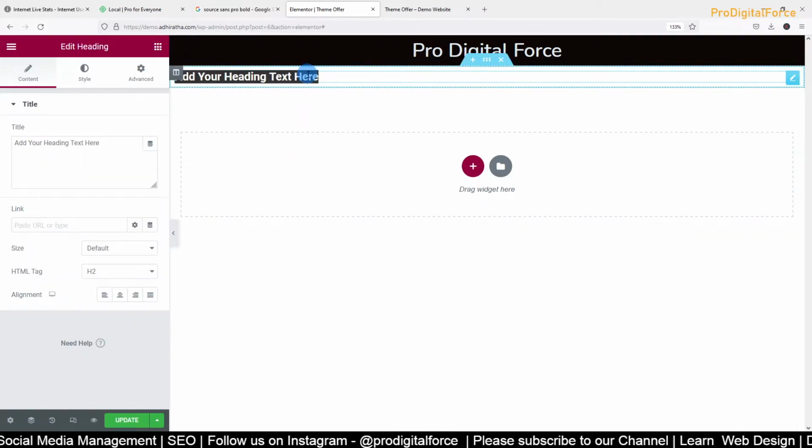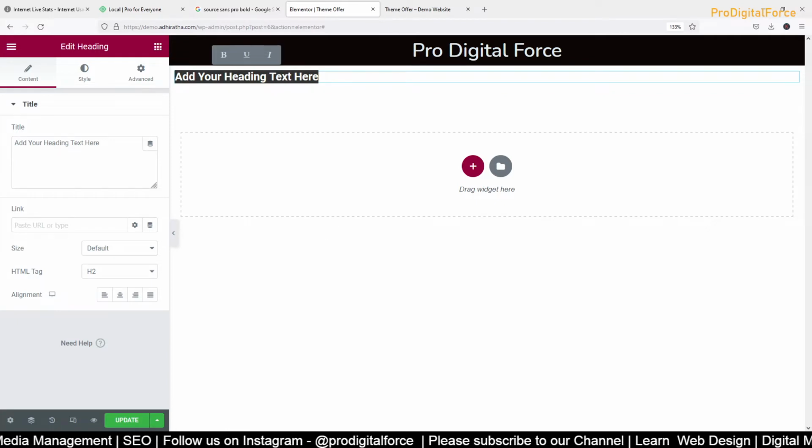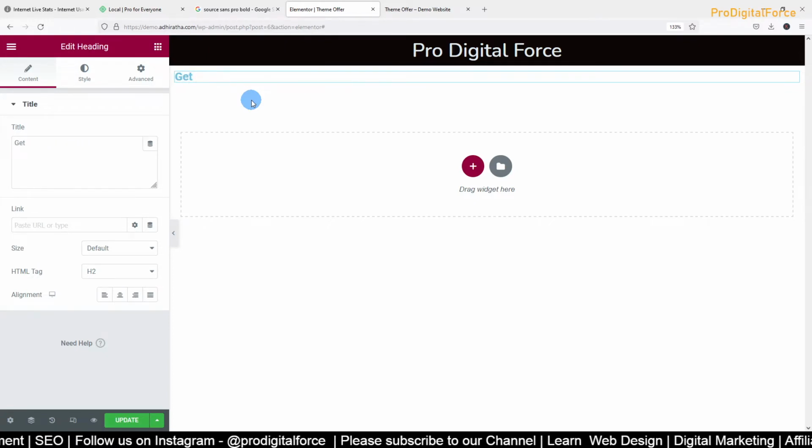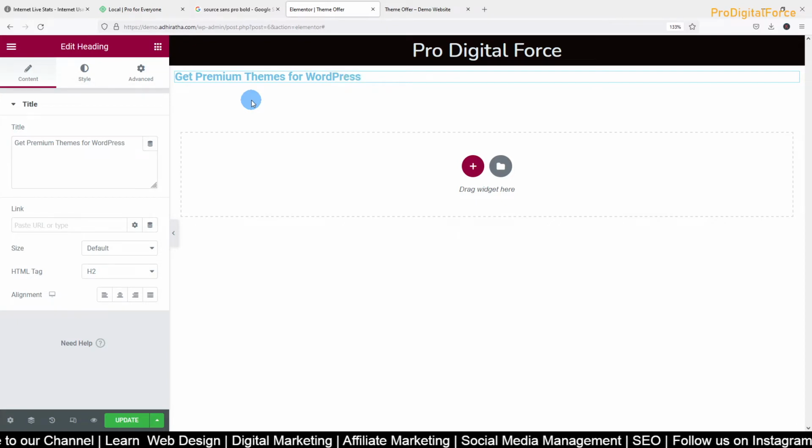This time we put an offer here, like WordPress, get premium themes for WordPress, right? So can we title it a little better? Any suggestions?